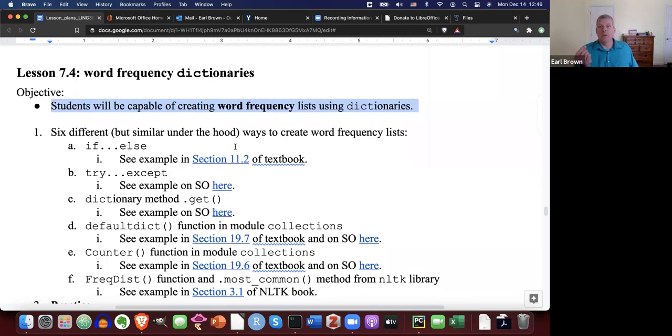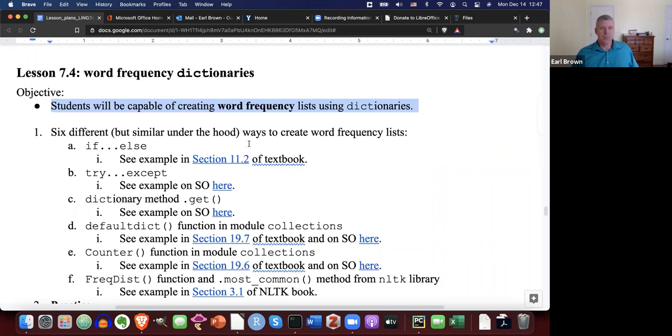So we can create a frequency list with the word as the key and the value as the number of times that word occurs in some text file or some collection of text files or a corpus. The data structure dictionary in Python really lends itself well to creating word frequency dictionaries in text files. And that's an important part of text processing and analysis, is knowing the frequency of words in